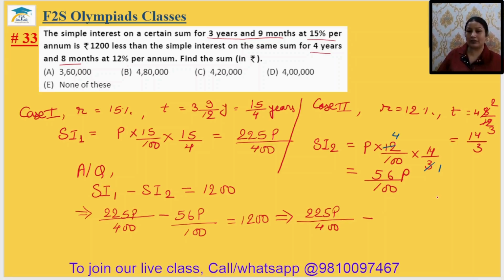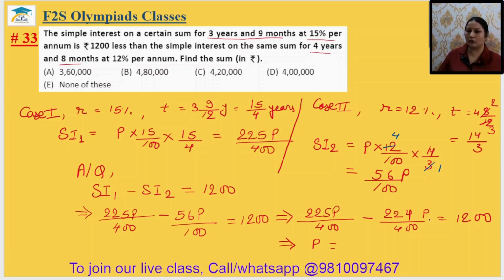After making it as the equivalent fraction, we will get 224 upon 400. P equal to 1200. ठीक है, तो this implies P equal to हो जाएगा आपका 1200 multiplied by 400 divide